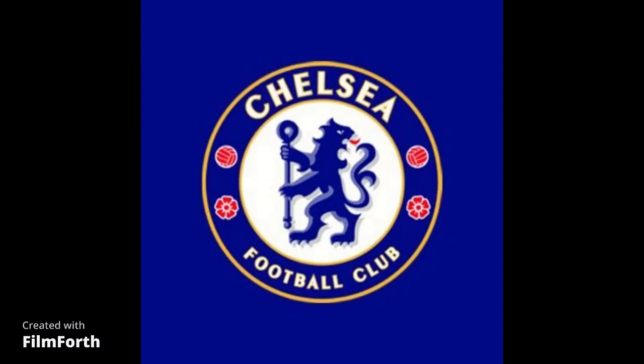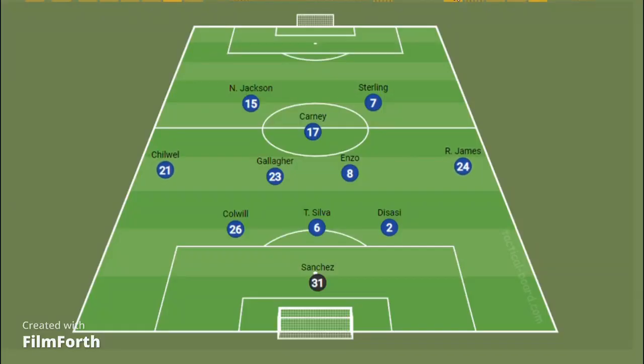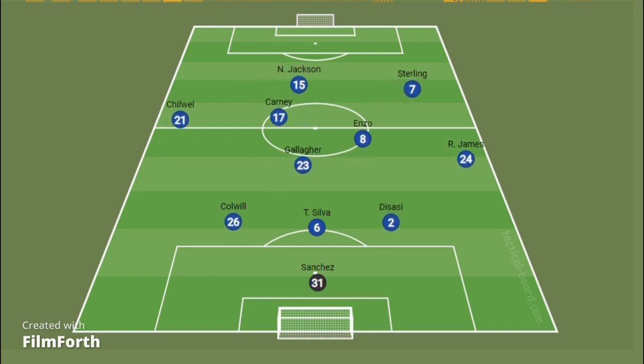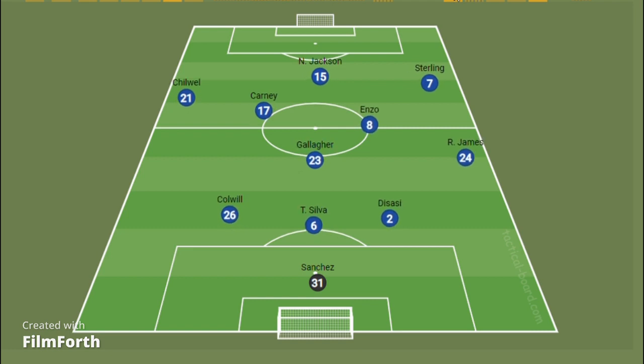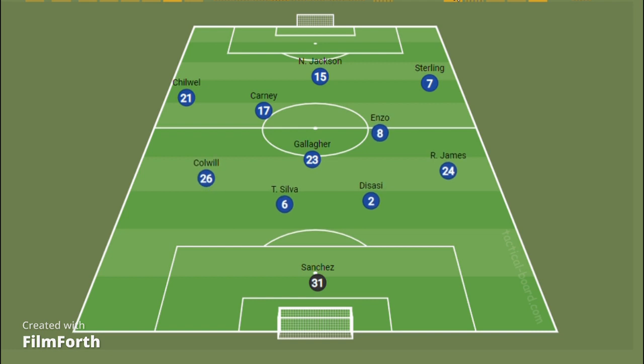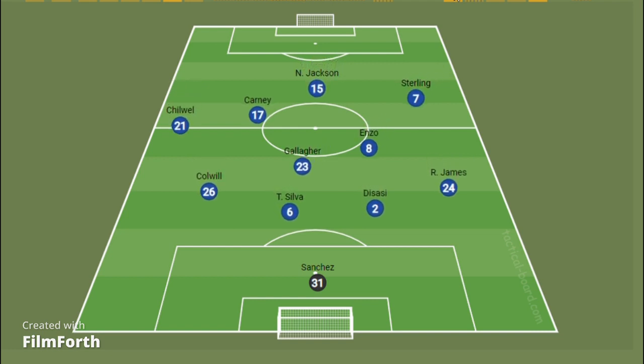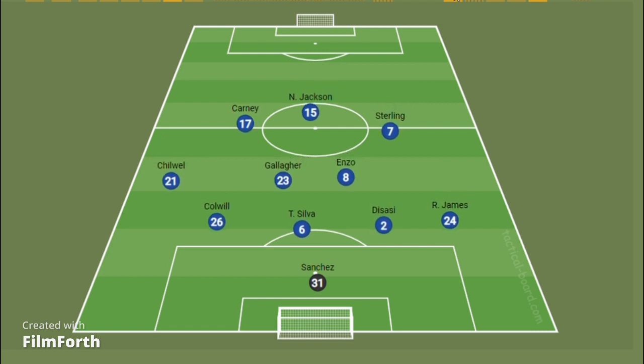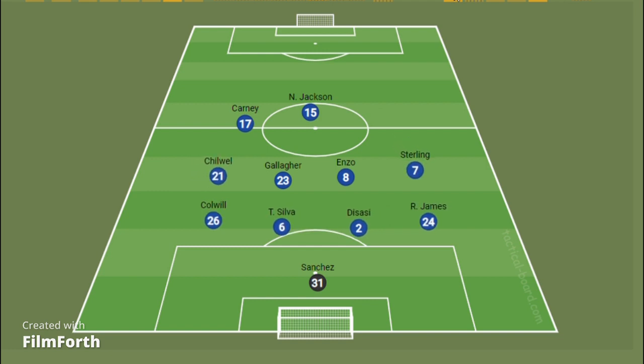Let's look at Chelsea's lineup for this game. So Chelsea lined up in a 3-5-2, which shifted into more of a 3-2-4-1, with Chelsea shifting to a back four during the second half. Chelsea had problems during the first 15 minutes. In defense, Chelsea played with a 4-4-2, with Chilwell playing as a left-sided midfielder, with Jackson and Kane playing high